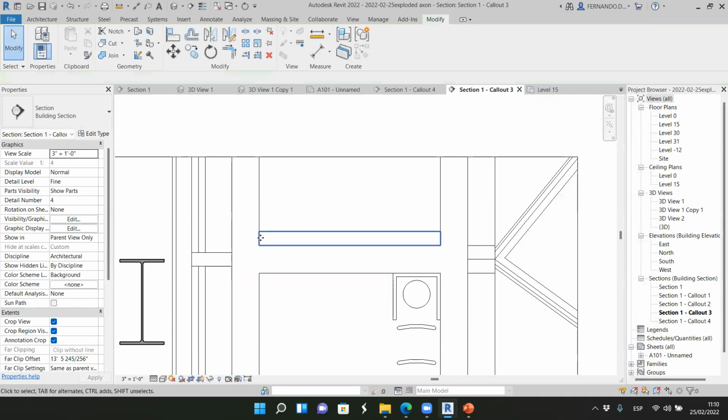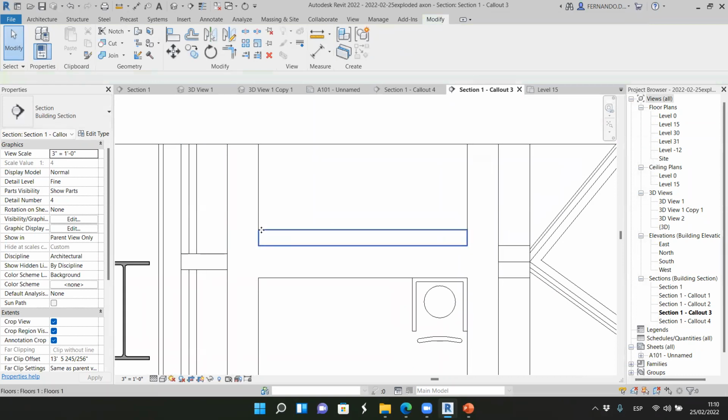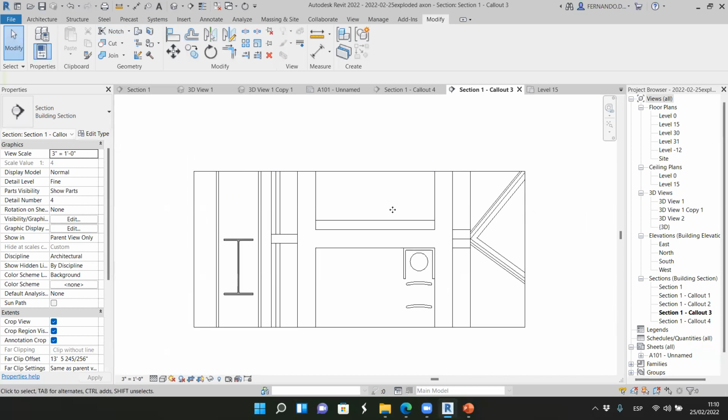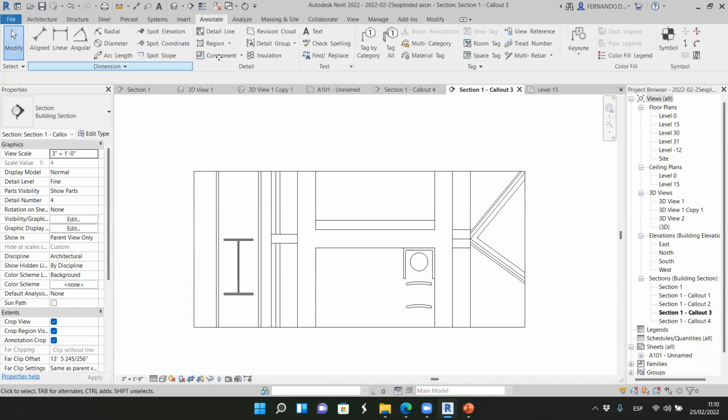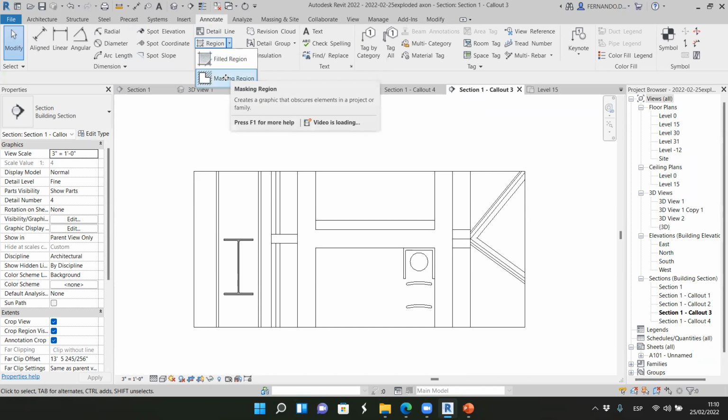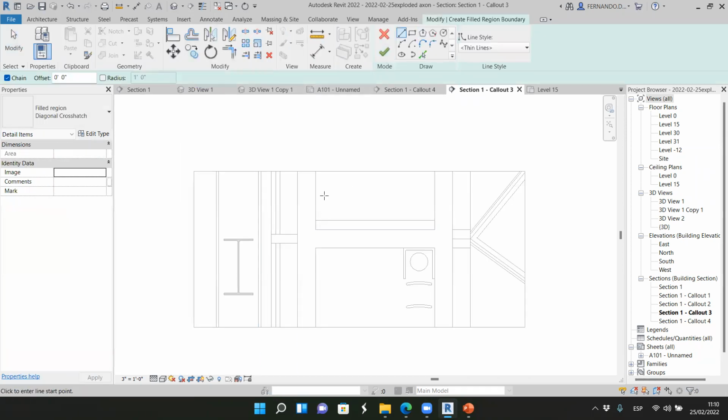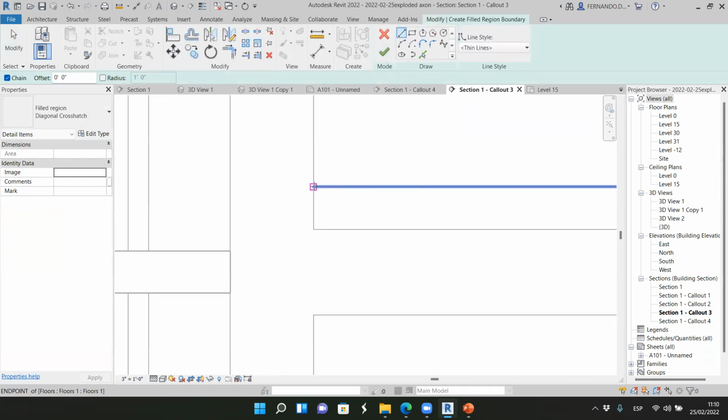Okay, and now we have an angle and then tiny rectangles in this direction. So first the angle, and since this is not a 3D element, we are working in a callout. So in a callout we have to work with this region, field region, and now I can design,